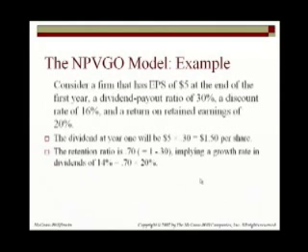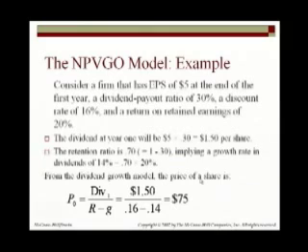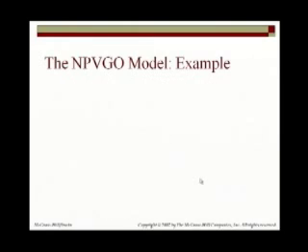Now that we have a growth rate, we can find the value of this stock. It's equal to the dividend at time 1, $1.50, divided by R minus G. The required return is 16, the growth rate is 14, and we come up with a value of $75. Now, what would this stock be worth, just out of curiosity, if it had no growth opportunities? If it had no growth opportunities, it would pay out the entire $5 as a dividend. In other words, the payout ratio would be 100%, the retention ratio would be 0, there would be no growth rate, and we would have 5 divided by 0.16. And so if the firm were a cash cow, it would be worth